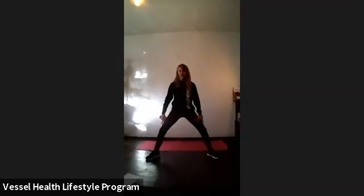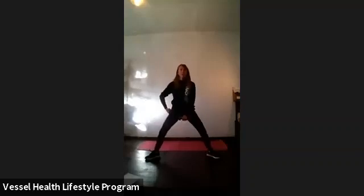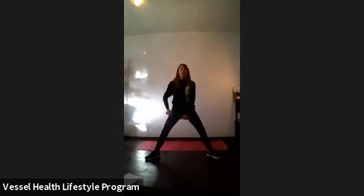My knees are aligned with my feet, both pointing at 45-degree angles, tucking the hip, keeping the back straight. My other arm is going to lift up. Maybe your arm stays on your hip. Maybe you lift it up as you go down. And we'll do this for a count of 10. 1,